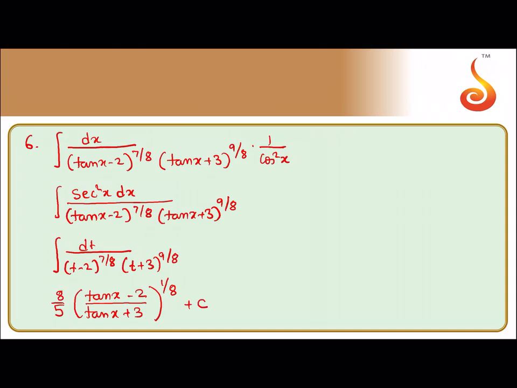Use the direct shortcut. So this is 3 plus 2 will give you 5. And if you solve also, you get the same answer. Same, you have to divide by t minus 2 to the power 7 by 8. You multiply, divide. So 9 by 8 you have to multiply. 9 plus 7 will give you 16. 16 by 8 will give you 2. Same, it will come. This was example 6.